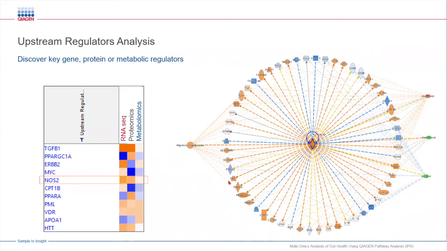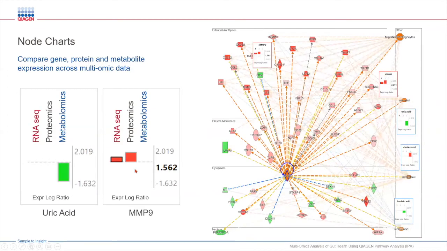Now, with IPA, a lot of our users like to compare different experimental groups, such as different time points, different omic data sets, treatments, etc. So for that, IPA has a feature that generates these node charts that will display all the experimental groups in one single graph. So for example, here in this figure, we can see MMP9 is differentially expressed across different omic